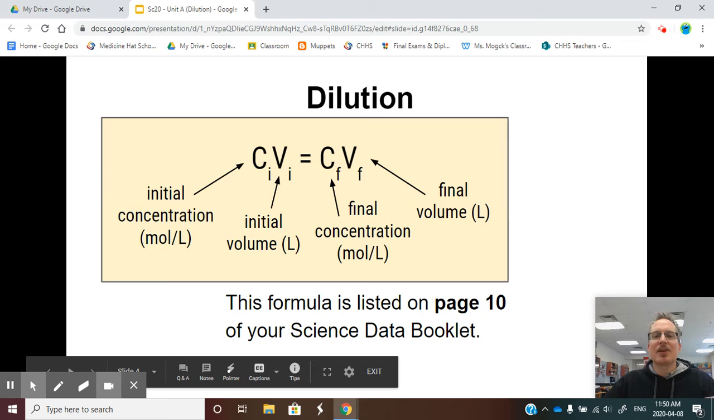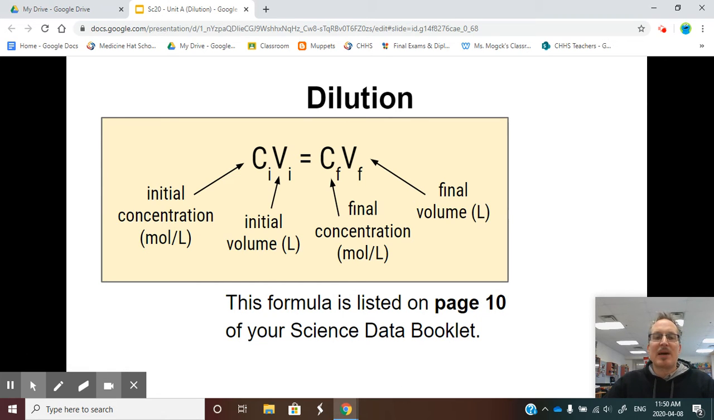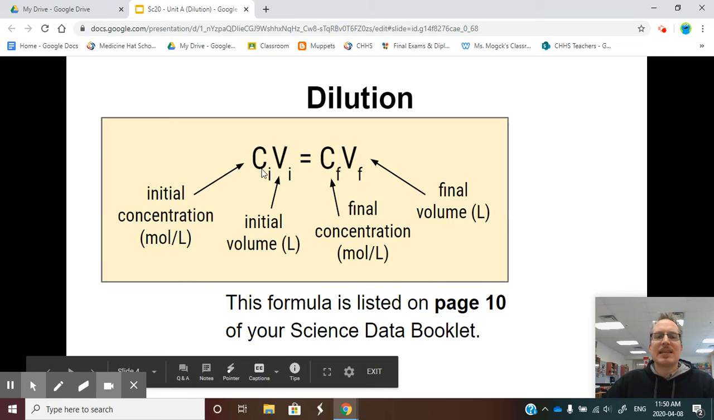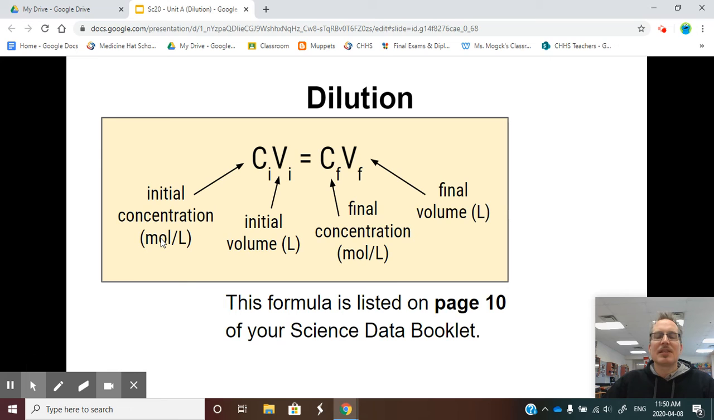So if I take a look at this formula, again, it's on page 10 of your data booklet. This means by now you should have highlighted all the formulas on the bottom of page 10. And if we take a look at the formula, it's CI, which is the initial concentration, and we can look at this in moles per liter, times VI, which is the initial volume. Again, if you want to look at it in liters, and that's going to equal the CF, final concentration, times